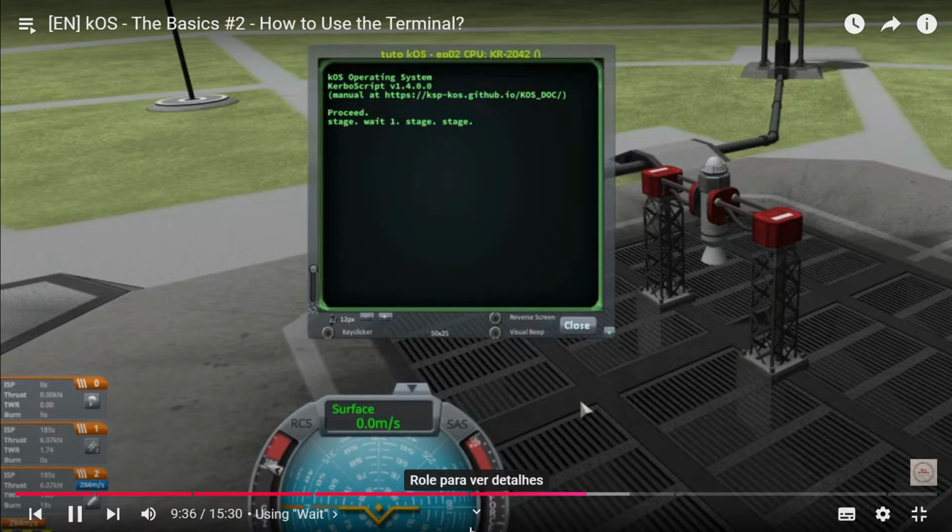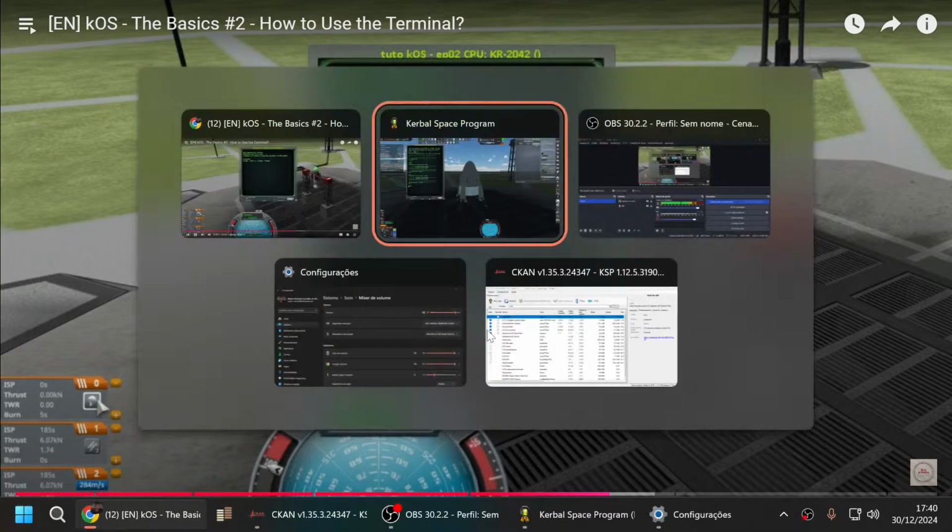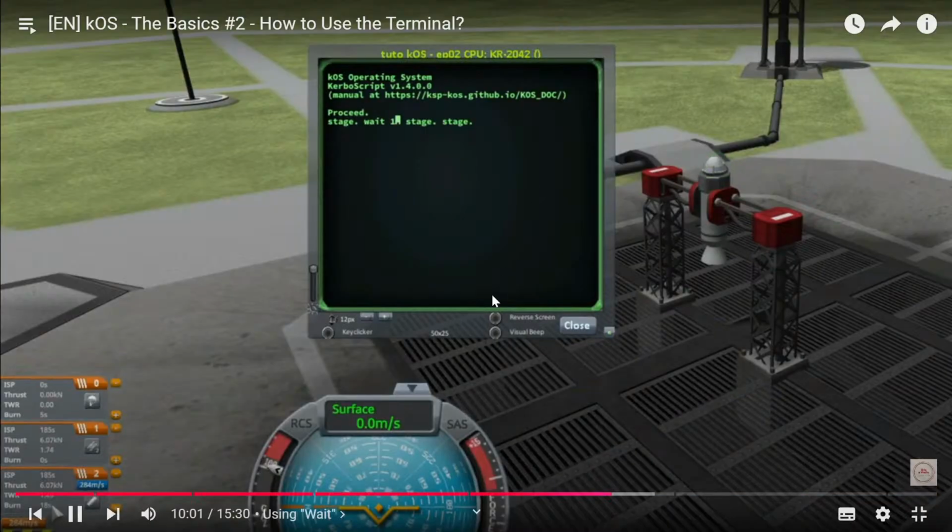So the first stage is activated, then I wait 1 second, then the second stage is activated, so the clamps are released, and then I have to wait for the booster to be out of fuel to stage again to activate the chute. For this, I know that the burn time is